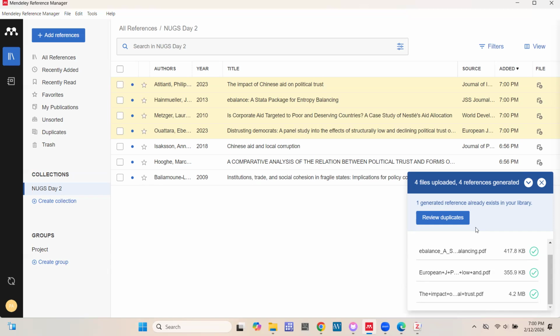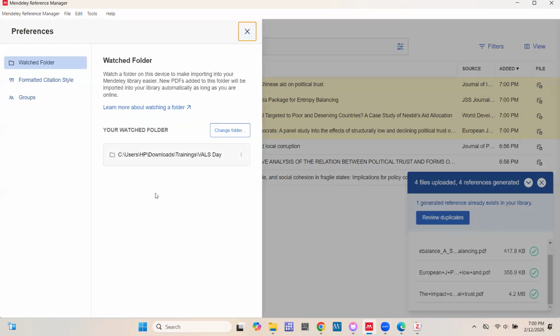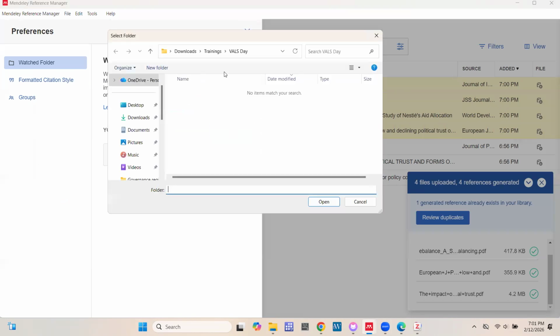Dear facilitator, can Mendeley watch 2 folders, or is it just one at a time? I think it works with 1 folder at a time. Because here, if you want to try to add another, you have to first change the folder. So let's give it a try.